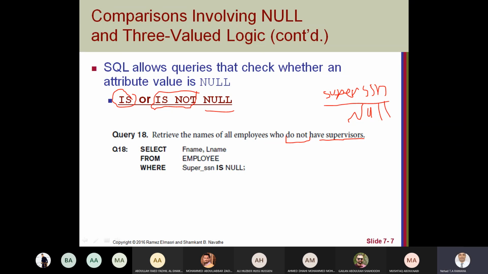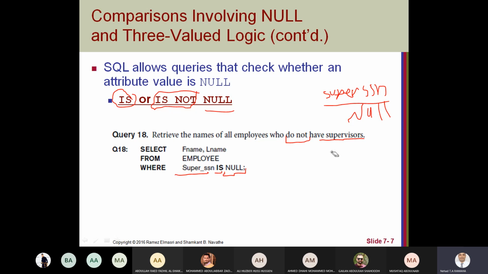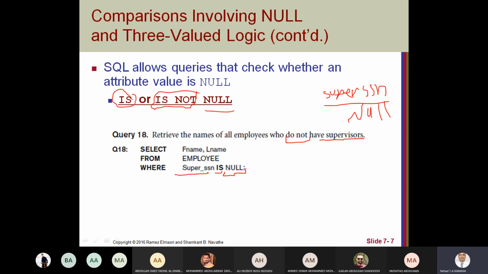So to check it, we will use super SSN is null. If we need employees that have a supervisor, then we will check is not null. If we need employees that do not have a supervisor, this means we will check if the supervisor number is null.